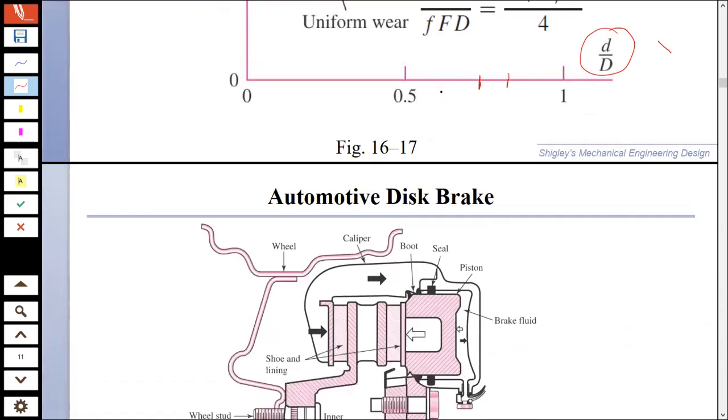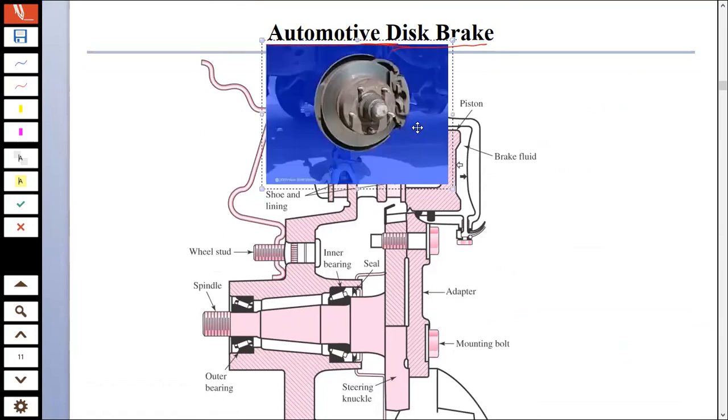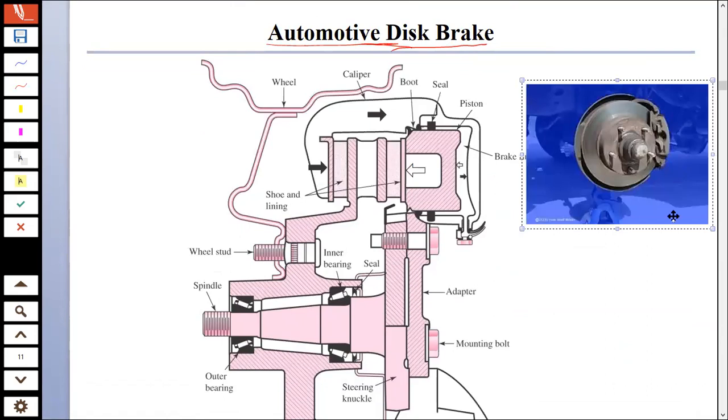Okay, these are the two models. Now let's come to another type of brake, which is known as the disc brake. आप लोगों ने देखा होगा अमूमन फ्रंट व्हील गाड़ियों के फ्रंट व्हील में, and it looks like this, almost like this. ठीक है जी, अगर आप देखें तो this is your front wheel. यहाँ पे your tire is attached